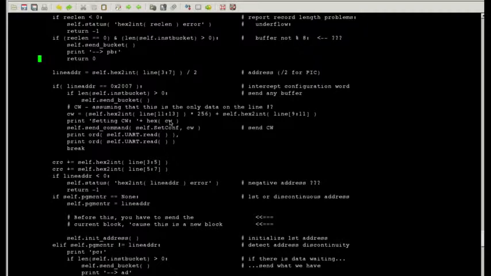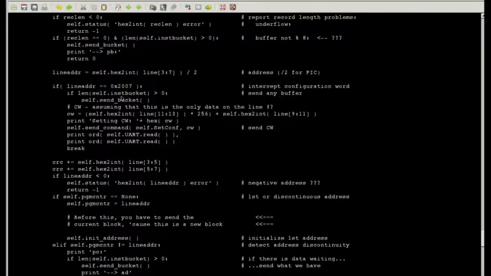It's got an address of 2007 hex. Actually, it's twice that. It's divided by 2. Remember, the Intel hex file counts bytes, and we want to count words. So we check each line for a line address of 2007. If it is,